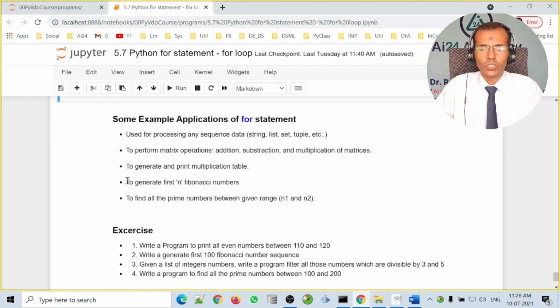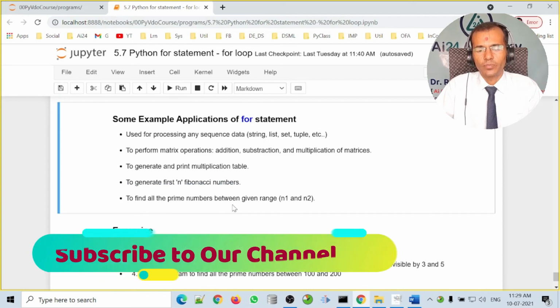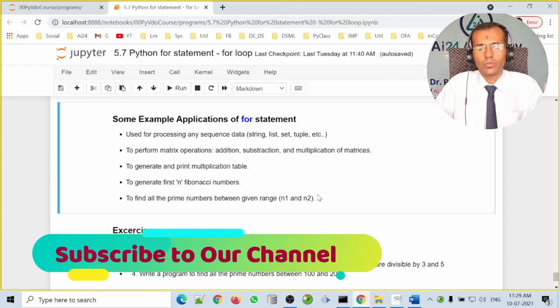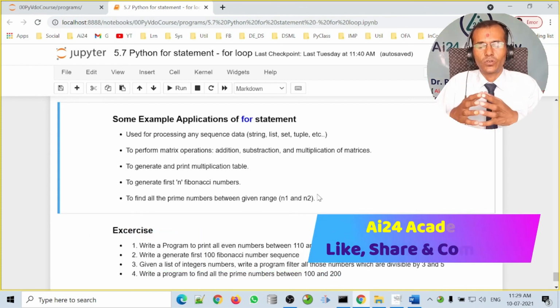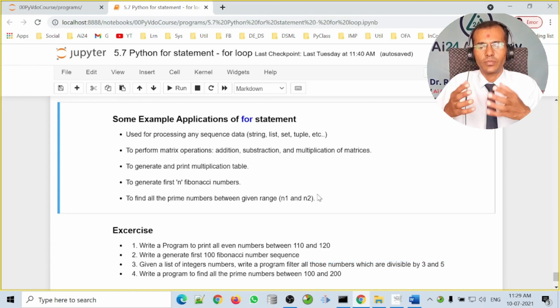It can be used for generating Fibonacci numbers also, similar to the while statement. It is also used to find all the prime numbers between a given range n1 and n2, and there are a number of other applications. It is used for all those applications where we have to repeatedly execute a block of statements and we know in advance that this many iterations are required, or we have sequence data.